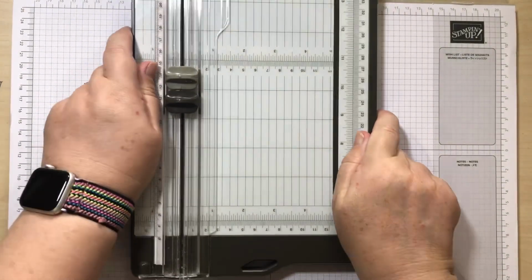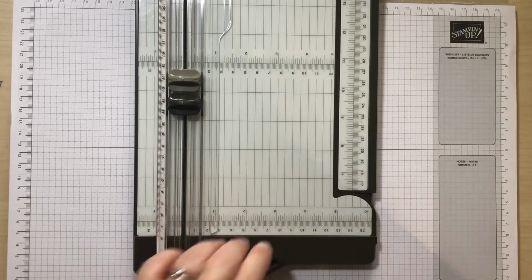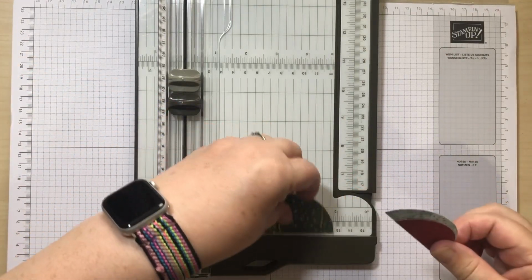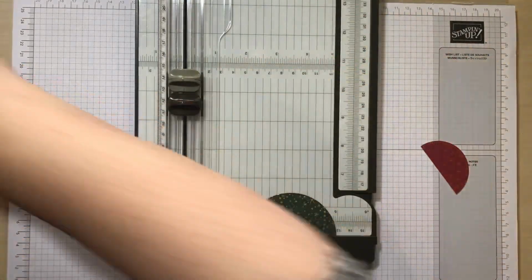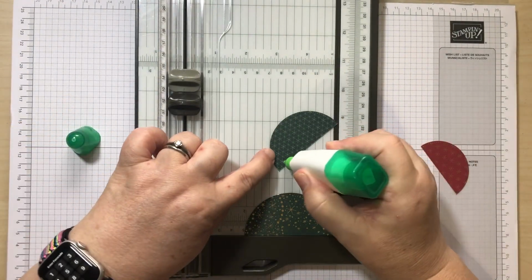So, and I'm just going to use the lip here. In fact, the trimmer's got loads of lips you can use. You could do it there, you could do it here, it's up to you. So, and I'm going to do the first 3, so I'm going to pop the back one on the trimmer and put the glue, lost my glue, there it is. Put my glue on here,